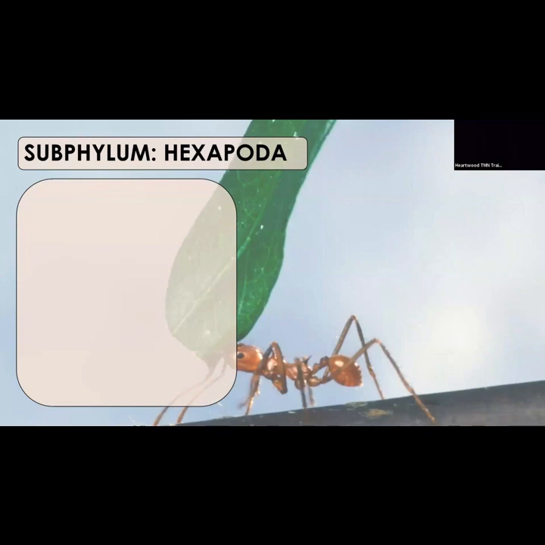So now we're narrowing in. We're getting there. I promise we're so close to insects. So subphylum Hexapoda. We had subphylum Crustacea, now we're in subphylum Hexapoda. 6 legs. Yeah, I heard somebody say it. That's exactly what it means. I like it when a name says what it means, because hexagon, we look at octagons all day that tell us to stop. I like when these kinds of words come up.